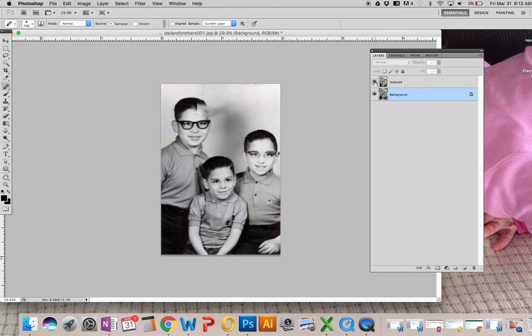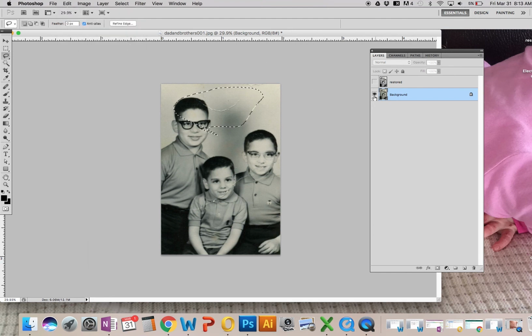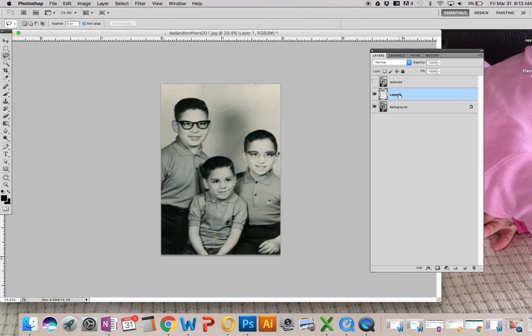If I go to this original layer, I'm going to turn off the restored one right now so you can see what I'm doing. I'm going to make a very rough selection of that area I want to redo. And I'm going to go Edit, Copy. I'm going to go Edit, Paste Special. I want to paste it in place, right in the same spot. Now that's going to put it in its own brand new layer. I'm going to drag that layer on top of restored,